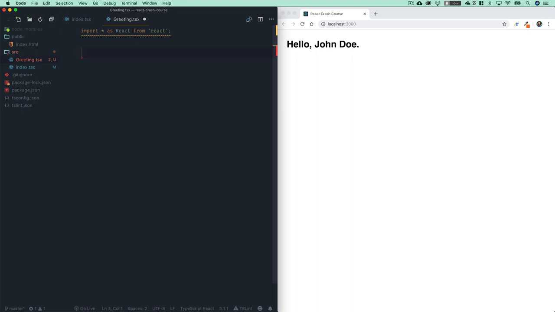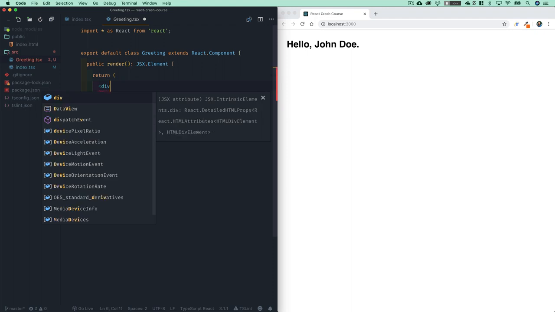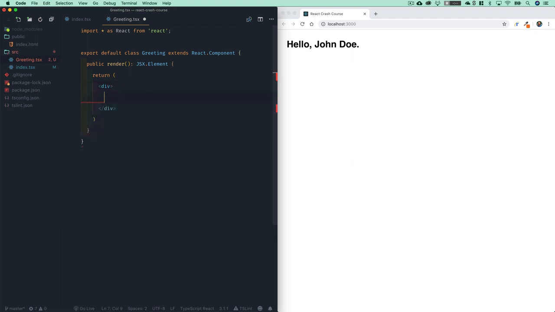And all React components consist of a class. So we're going to say export default class Greeting extends React.Component. And to get started, we want our Greeting class that we've created here to have a public render method, which is going to return a JSX element. And generally your JSX returns look like this. You're going to return, and then in parentheses, you're going to put your HTML, and you would normally wrap this in a div or something in case you wanted to have multiple child elements, and we could put in Hello React. So if I go ahead and save this,